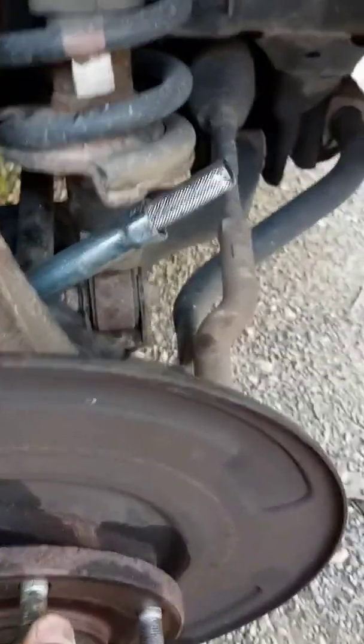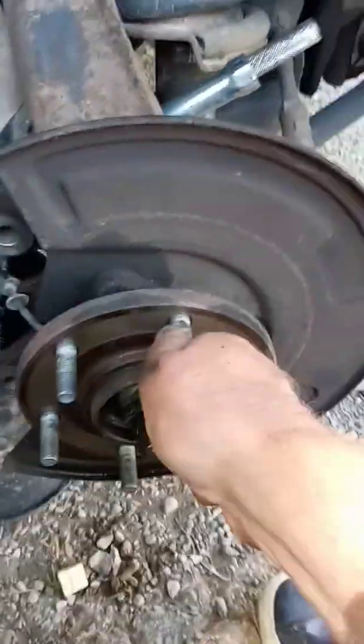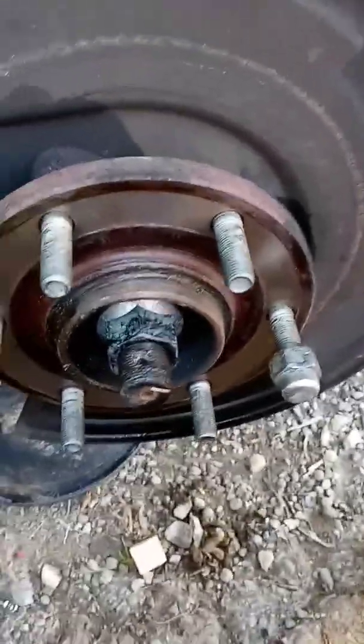So you jack it up in the air, right? You might feel it or hear it coming down the road. All that noise is bad. It's not rolling easily. This has raceway bearings, not ball bearings, but